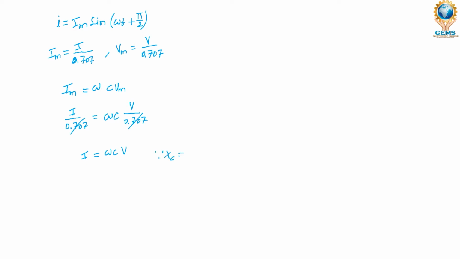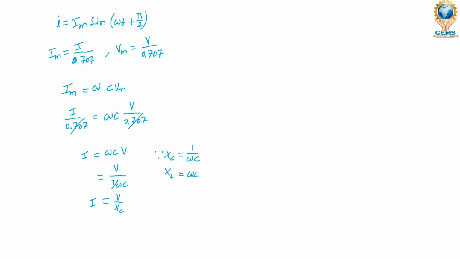capacitive reactance XC equals to 1 by omega C. Inductive reactance XL equals to omega into L. These two are the capacitive reactance and inductive reactance formulas. Now we will use this XC. We can write like this: V by 1 by omega C. 1 by omega C means again it will come here only. So just for introducing this XC, I am writing like this. We can write I equals to V by XC.